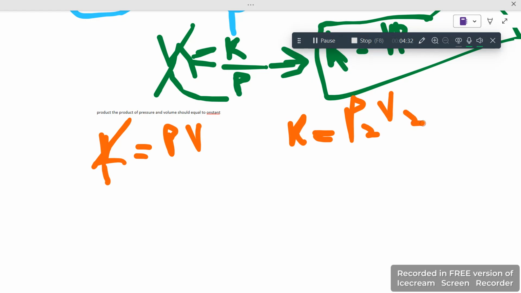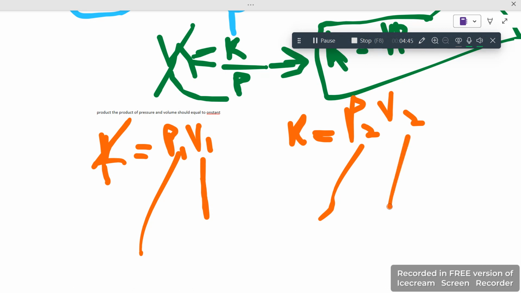P1 is the initial pressure, V1 the initial volume, P2 the final pressure, and V2 the final volume. If I combine them into an equation, P1 V1 should be equal to P2 V2. Initial, final, these are all the basic